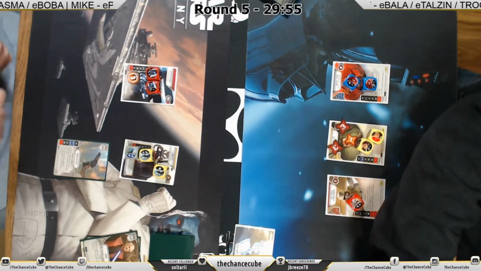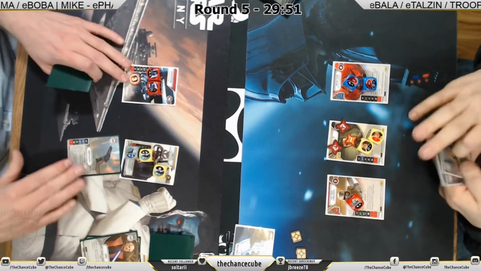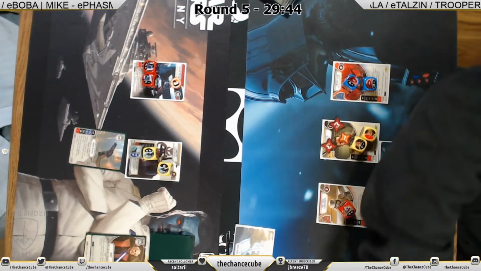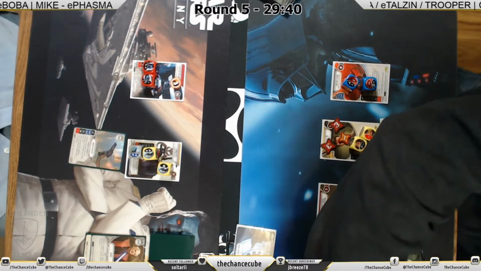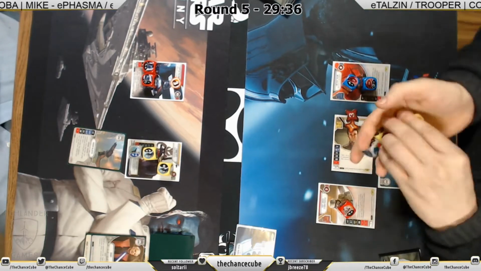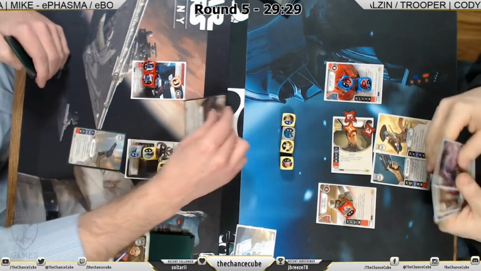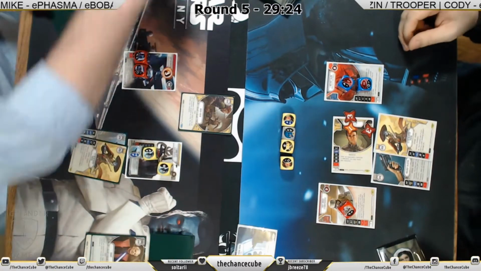Already a lot of power seen from this Boba Phasma deck. Bala already taking 7 damage. Not much more left on Bala's health at this point. Not even a single upgrade on the field until now with that holdout blaster. We'll go ahead and get the LL30 as well. Ambush, roll, and not too shabby. And we're going to go ahead and